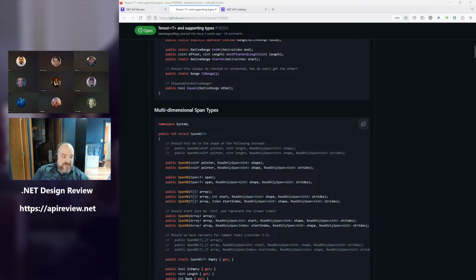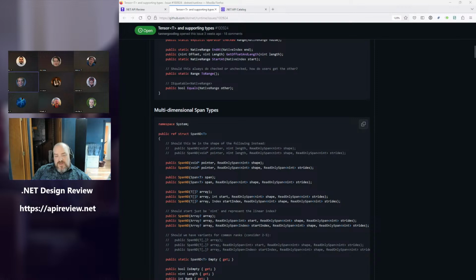I'm just curious, Eric, do you have an alternative name that doesn't use span? No. It was just, is this a span? That's kind of the first fair question that popped into my head. Yeah. And looking at the shape, yeah, it's a span, but it's not just a start and a length. There's one more piece of information about it, right?